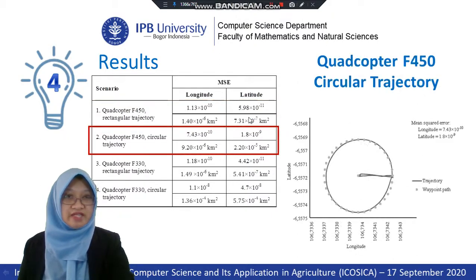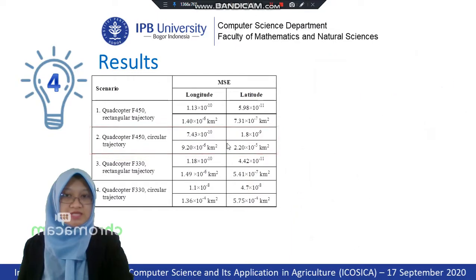And for the second test, these are the waypoints. The dots show the waypoints, and the real trajectory of the quadcopter is the line. You can see that the quadcopter can also follow the circular waypoints, circular trajectory with acceptable error, as you can read on this table here. And then the